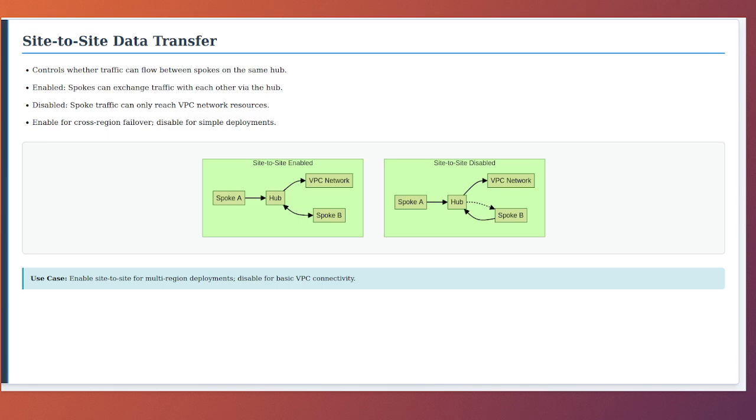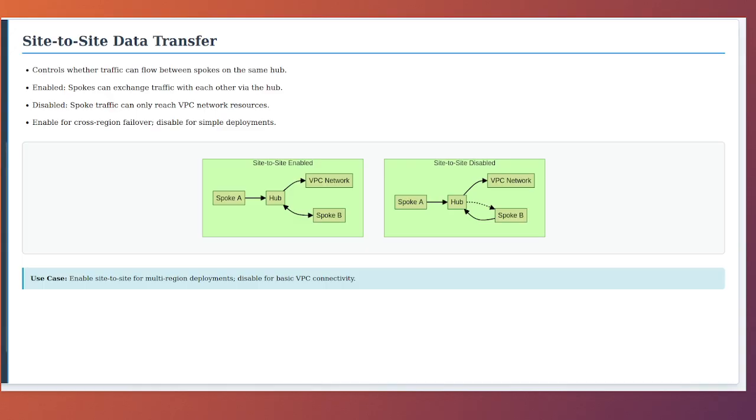reach any available router appliance instance regardless of which region it is in. When site-to-site data transfer is disabled, traffic from that spoke can only reach VPC network resources. It cannot transit through the hub to reach other spokes. This is appropriate for simpler deployments where you only need connectivity between the router appliance and the local VPC network. For the sample VPC-to-VPC or basic site-to-cloud configurations we discussed, site-to-site data transfer should be set to false. For more complex deployments involving multiple router appliances across regions with failover requirements, site-to-site data transfer should be set to